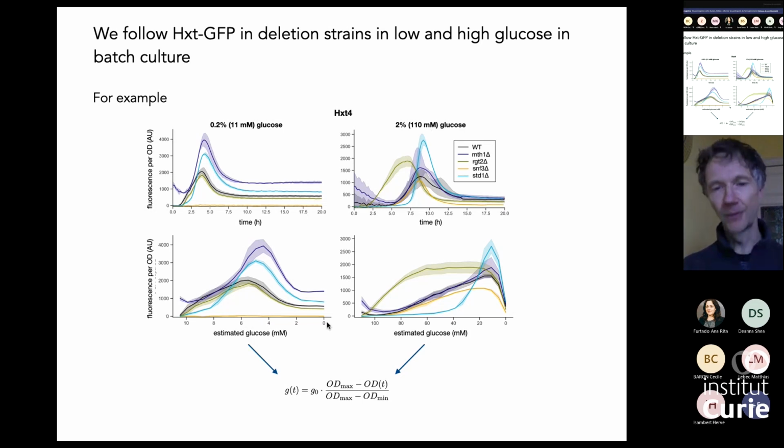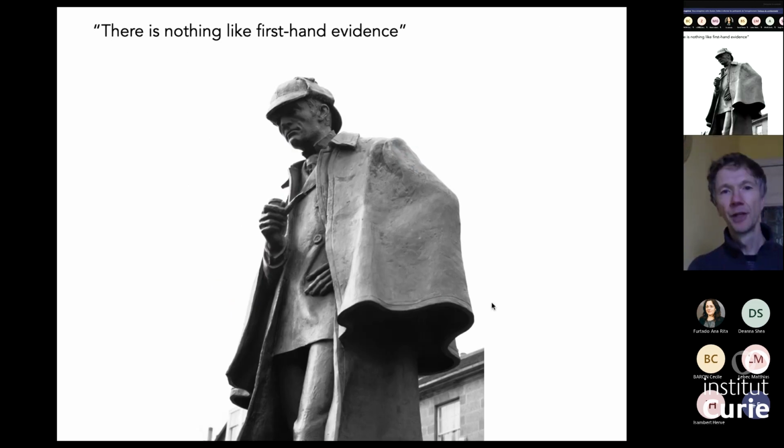And that just helps emphasize the important parts. Okay, so we generated this data. We then, so this is a picture of a statue of Sherlock Holmes. Arthur Conan Doyle, as you know, who wrote the books, lived in Edinburgh. And this is a quote, because what we did initially is we did lots of what we thought was clever